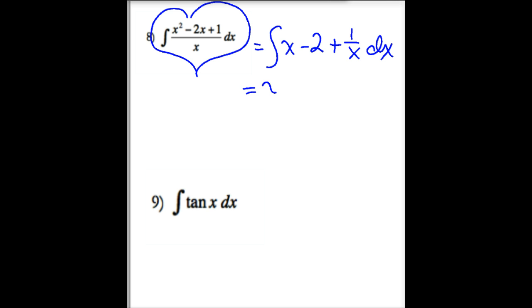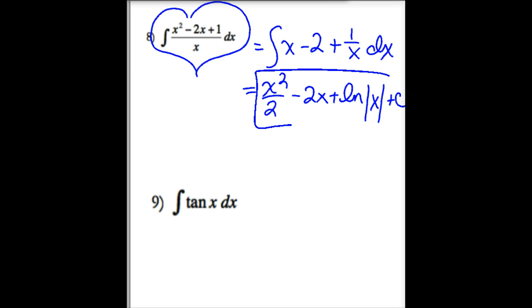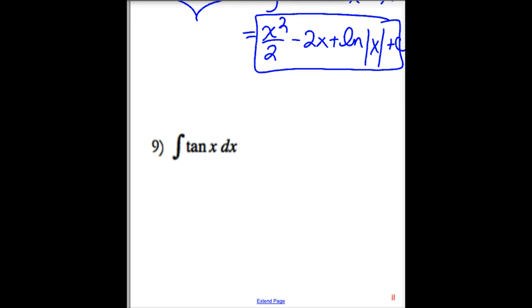The antiderivative of x is x squared over 2. Of 2, it's 2x. And the antiderivative of 1 over x, we've now learned, is natural log absolute value plus c. And I'm done. All right, so number 9, if I were to ask you what's the derivative of the